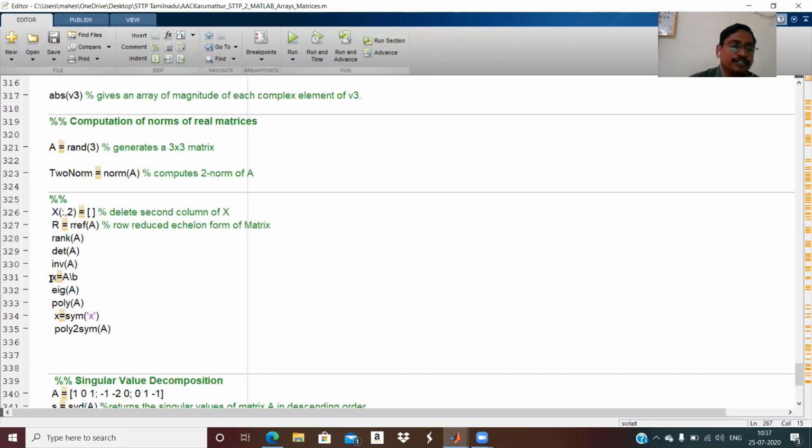So, solving linear systems. We have taken the example in the PPT of how to solve a linear system. To solve a linear system, 3 things are needed. You must know what A is, that is the coefficient matrix, and we must know the B matrix.